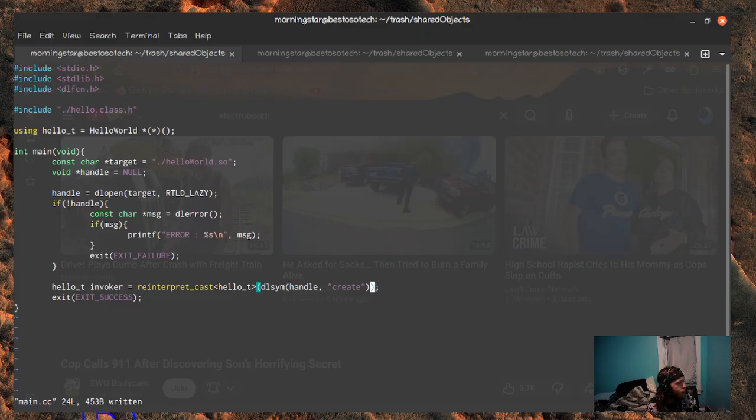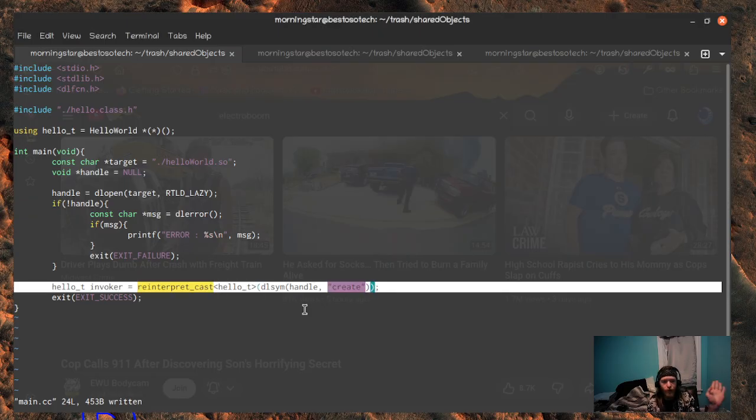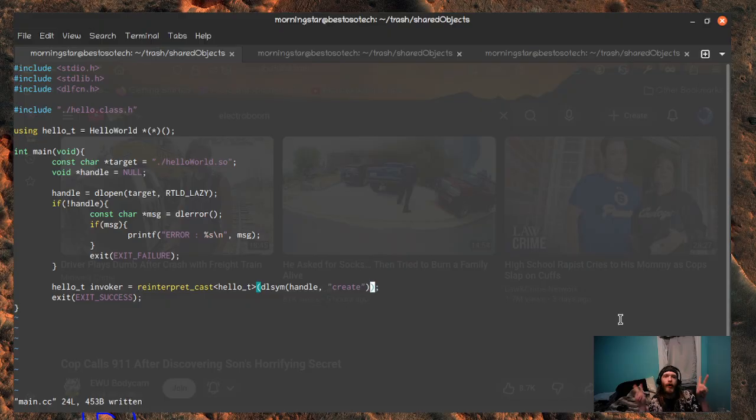Okay, so once you have done this line, this reinterpret cast, you have what I call an invoker. You have created a specialized function. So now that you have this specialized function created, which is our create function,